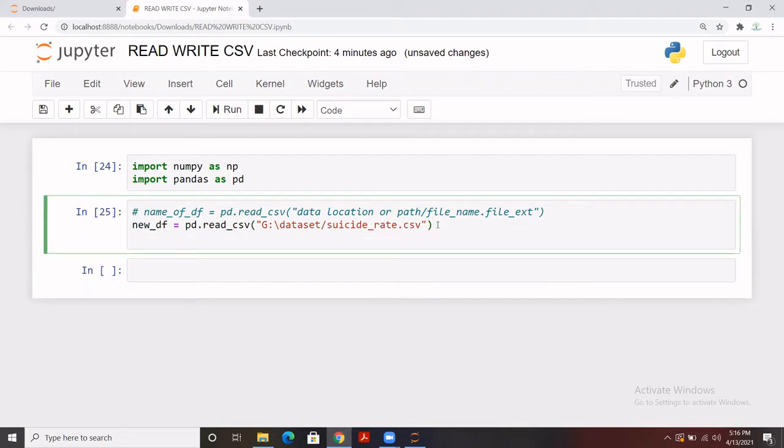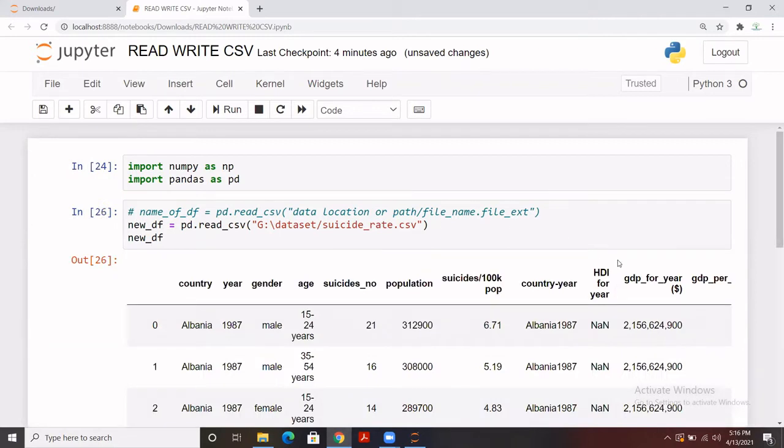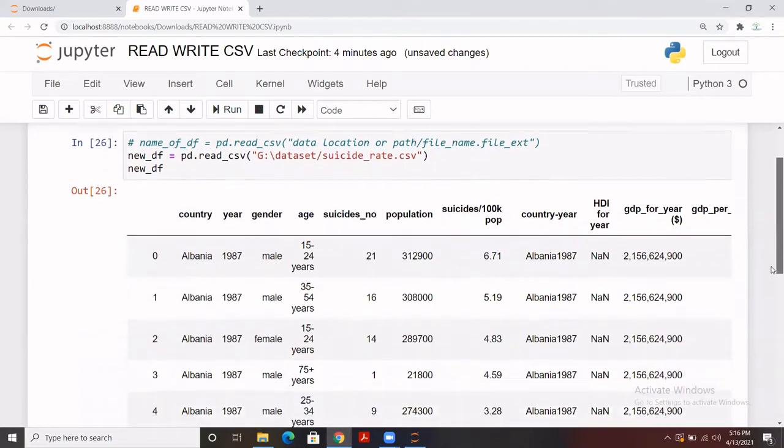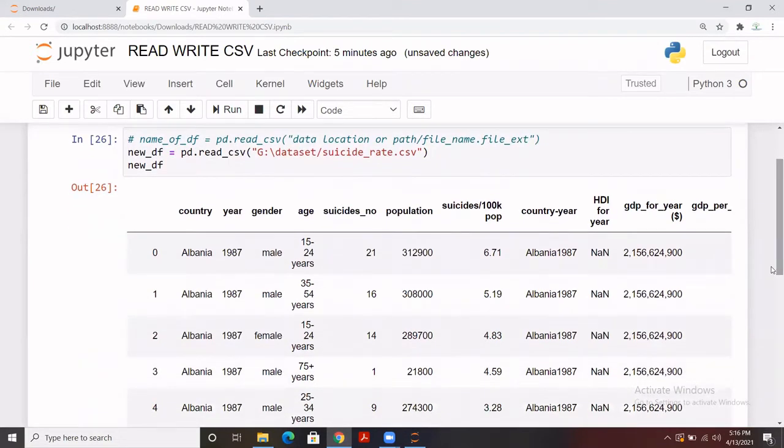To check that, I have to call it like this. So this is the data set that was previously named suicide_rate when it was stored at this location, and now I have imported that data into the Python environment and renamed it as new_df. So this is one of the options.